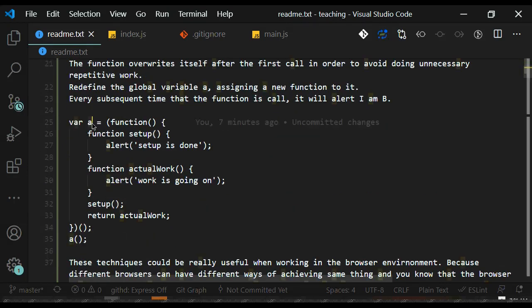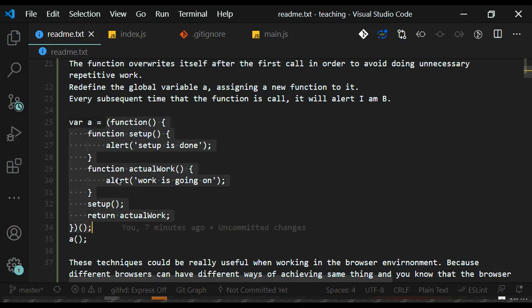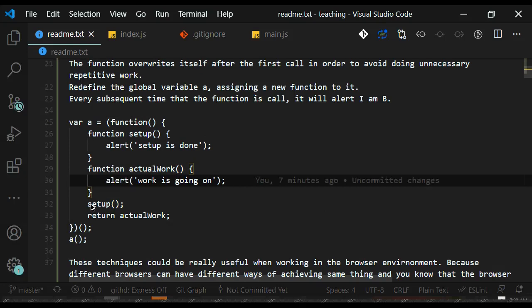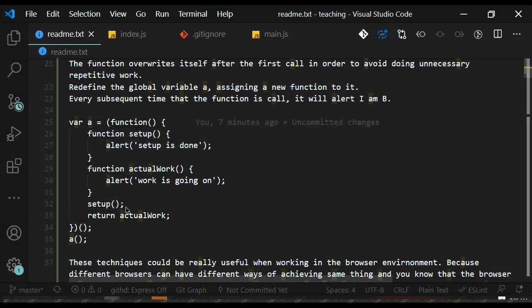So there's another example. We create A and we write a self-invoking function, that is a function which invokes itself immediately. Here we create two functions, setup and actual work. I run the setup function, and then I return the actual work function. So when I run this A, since it is self-executing, it will run immediately, and it will run the setup immediately, that is, setup is done. And then it will return the actual work. So A will ultimately get this actual work,